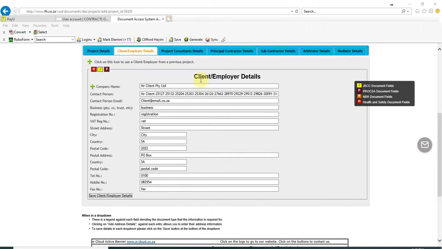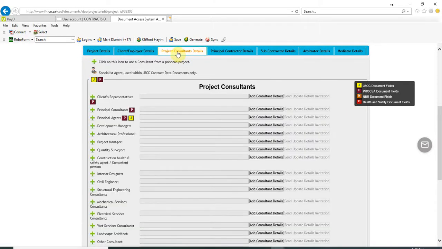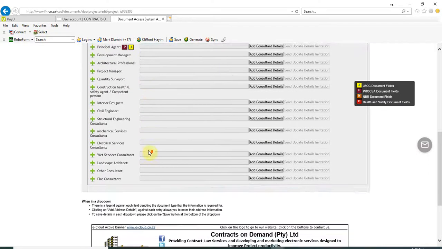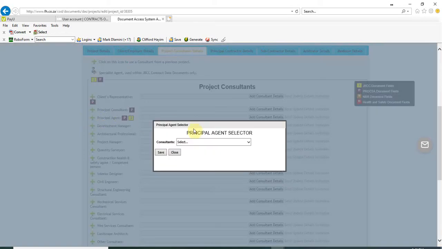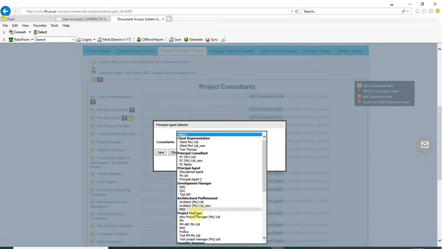Same principle for the consultants. We need to complete a principal agent, and each of the documents requires 8 different consultants or agents, and we would need to populate those agents. So principal agent, I'm going to assume that I have previously used a principal agent, so I'm going to select the principal agent from my drop down, select Save,